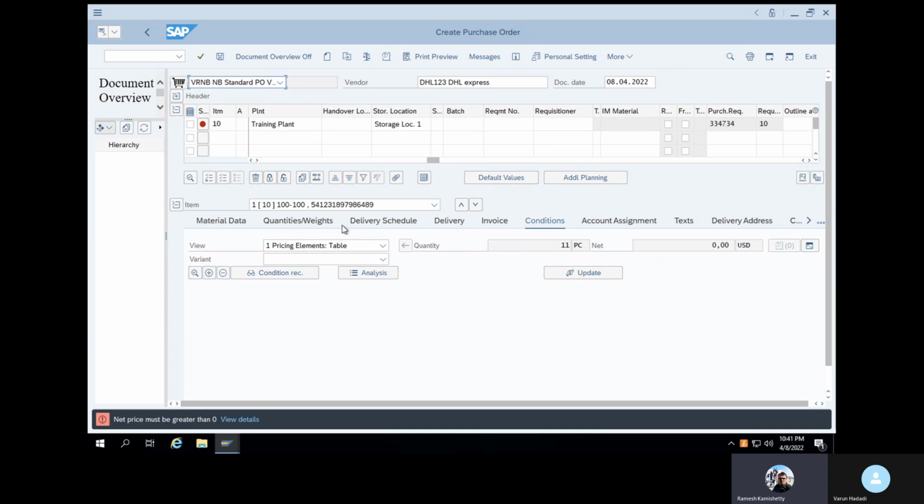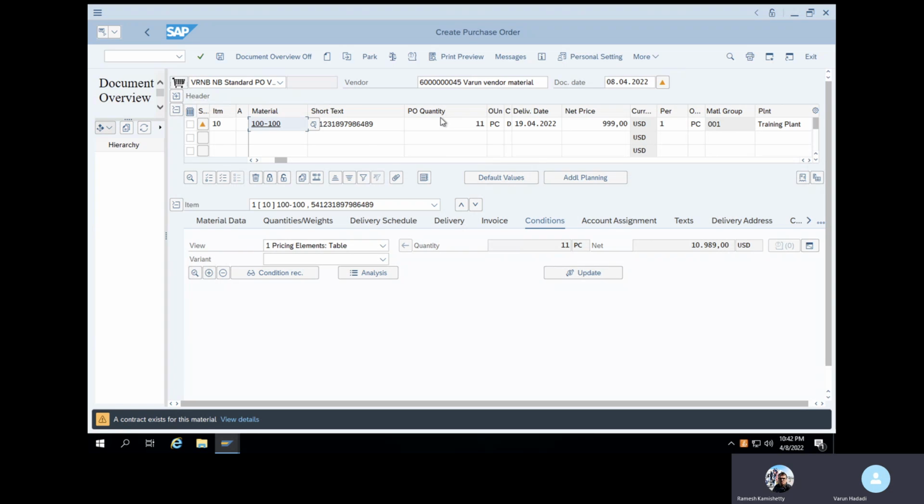So change the vendor to 6005. Price will come automatically. Remove the vendor. Enter space bar. Select that one. Press enter.